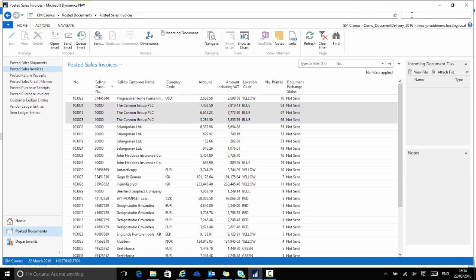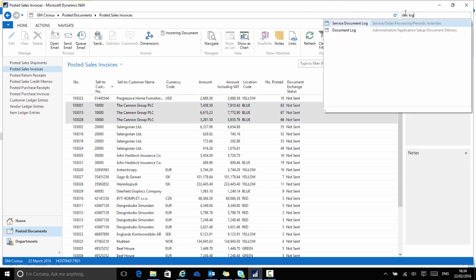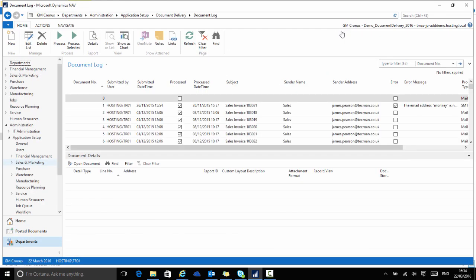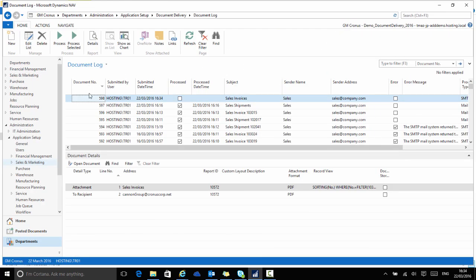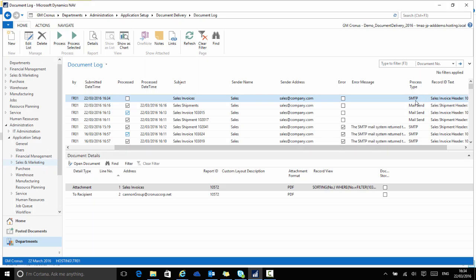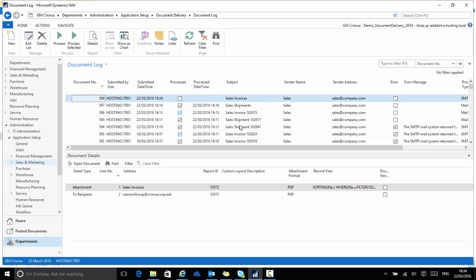If I move to my document log, which is part of the document delivery setup, we can see that this most recent document has not yet been processed. My other documents were all processed immediately via Outlook, but this one, this process type of SMTP, has not yet been processed. The reason for this is in the background, the settings on my document queue and document queue entries are currently set to process every 10 minutes. Within the document log, I can still edit the details for the unsent documents by choosing the action Edit List,